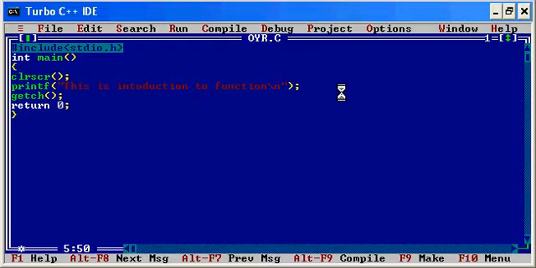So how I'll write is, I should give a name for that function. That name will be name itself, and open and close the bracket and semicolon. So this is calling a function, and how to define it is